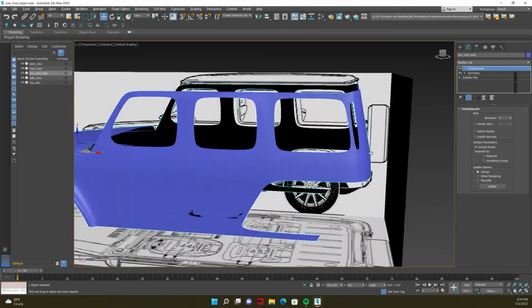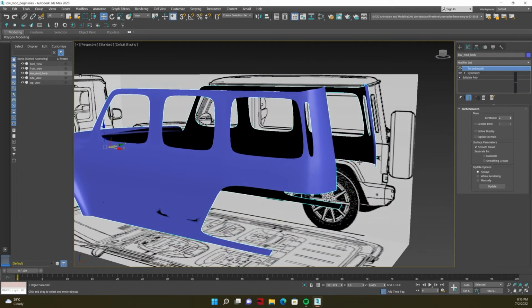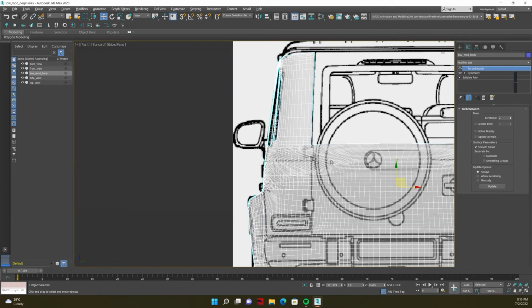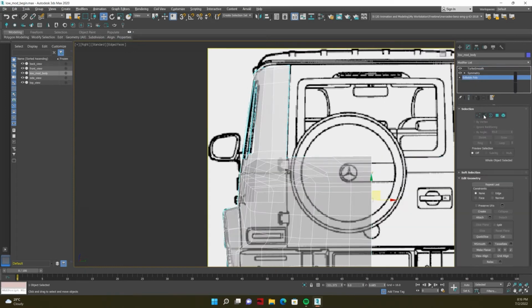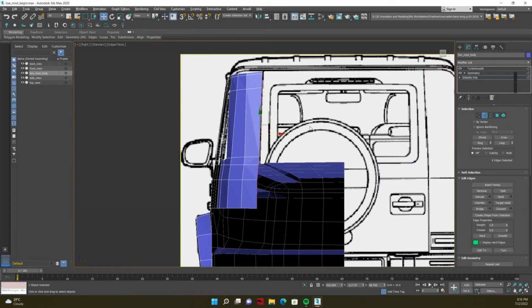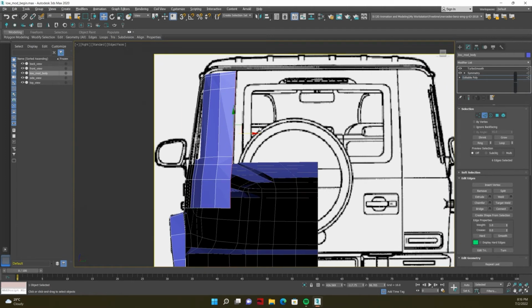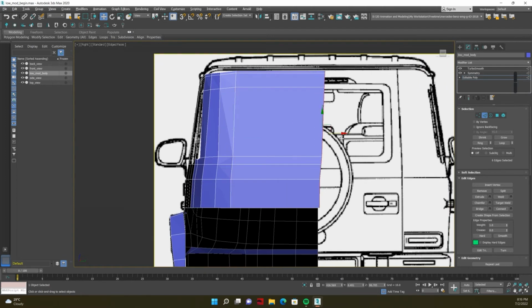Like that. Then what I will do is I will select these edges and move them into here,